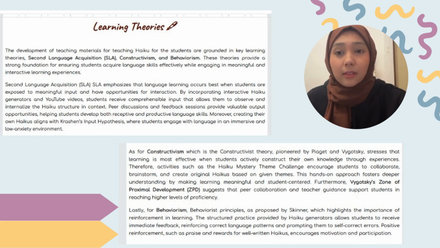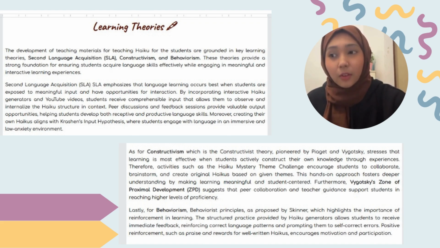Furthermore, Vygotsky's Zone of Proximal Development, ZPD, suggests that peer collaboration and teacher guidance support students in reaching a higher level of proficiency. Lastly is behaviorism, which is the behaviorist principles as proposed by Skinner, which highlights the importance of